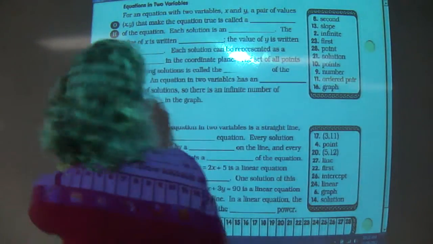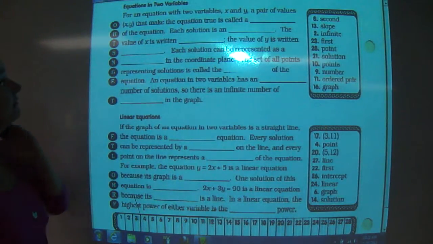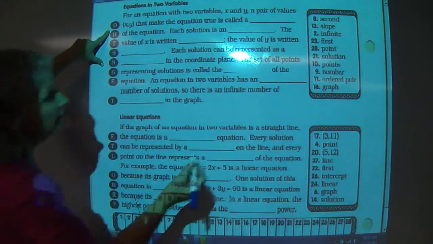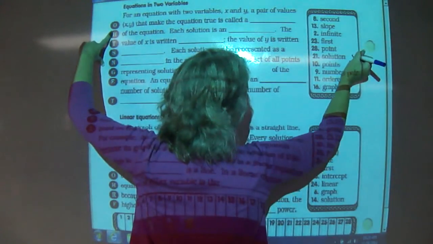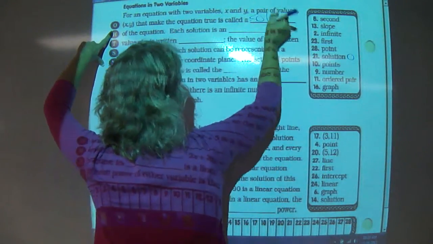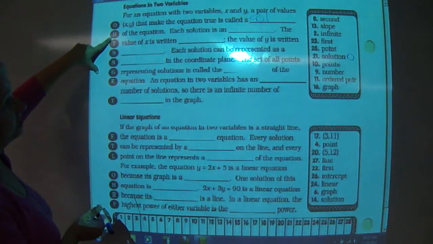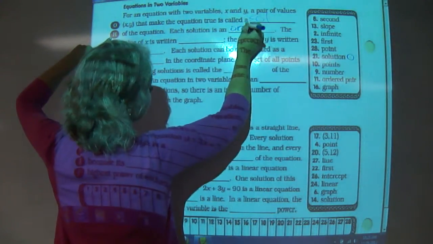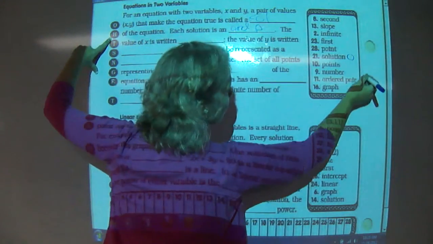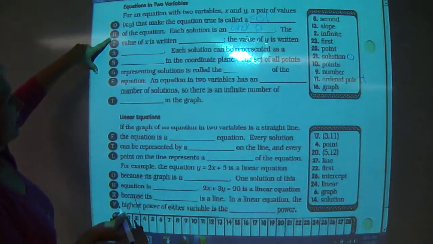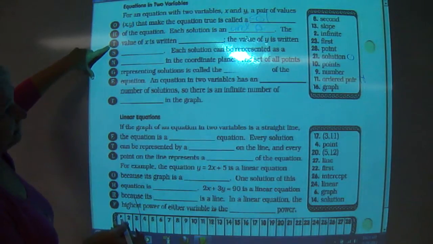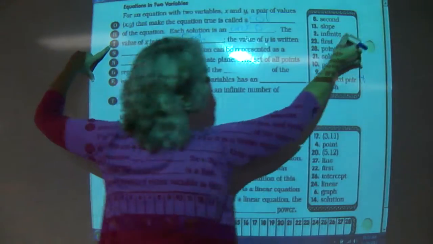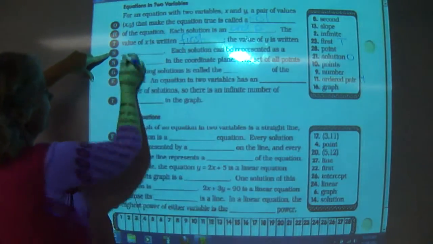All right. For an equation with two variables, x and y, a pair of values, x, y, that make an equation true is called a solution of the equation. Each solution is an ordered pair. Good. That's H. The value of x is written first. The value of y is written